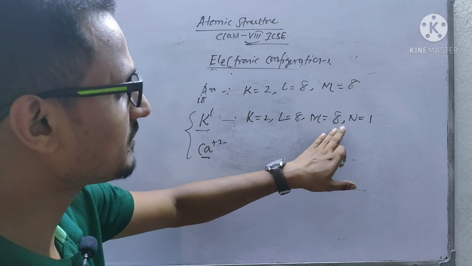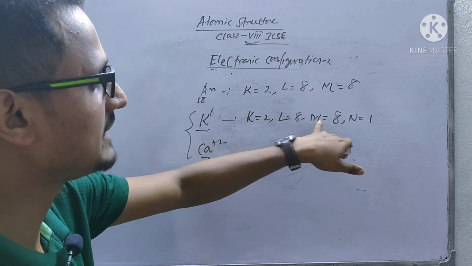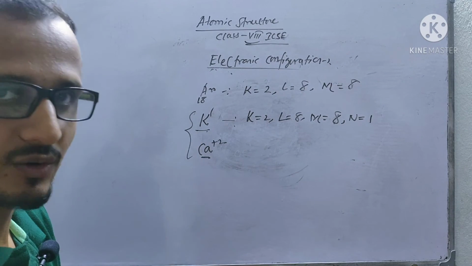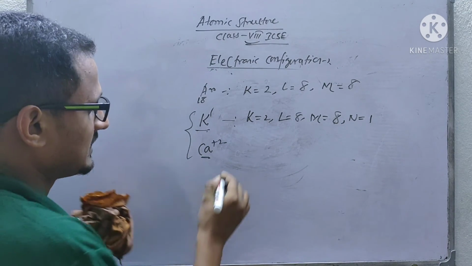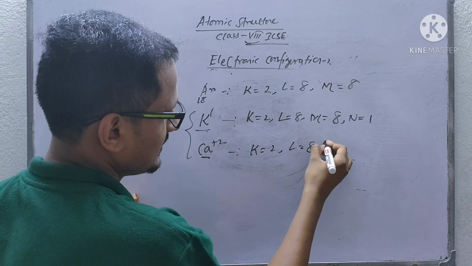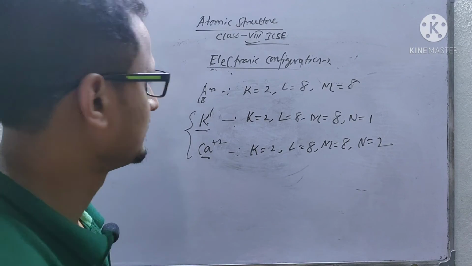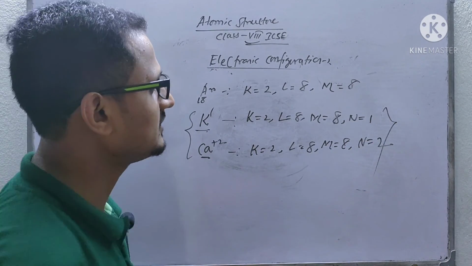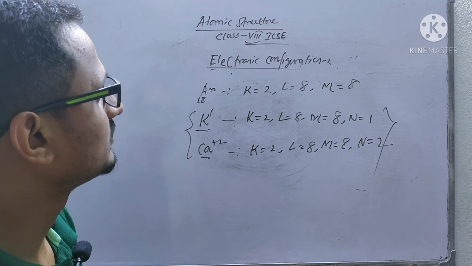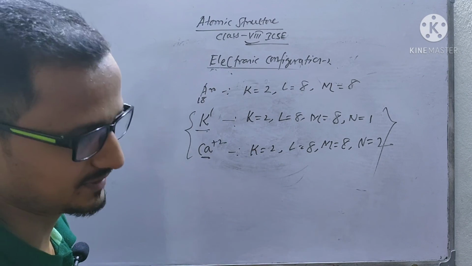18 electrons will not be there, that means K equal to 2, L equal to 8, M equal to 9 we cannot write, to show the valency. Now for calcium also, in K orbit 2, L orbit 8, M orbit 8, and for N orbit 2 electrons. Okay, these two you have to take as an exception. So likewise you can draw the electronic configuration, and you can draw the orbit picture.